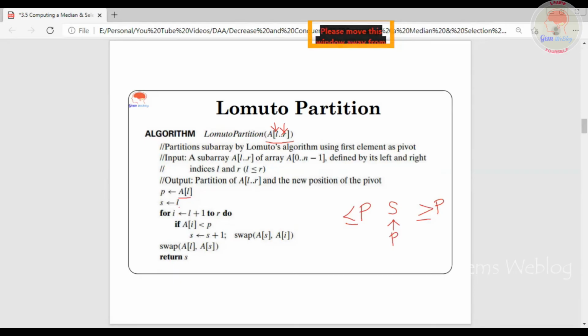We increase the S value, and once it is increased, we swap S and I. This is repeated till you reach the last element. Once done, we swap L and S, because L is holding the pivot element. We swap with the S position so that at the end of the iteration, S contains the pivot element. Based on that pivot element, we partition the entire array. So we return that S.